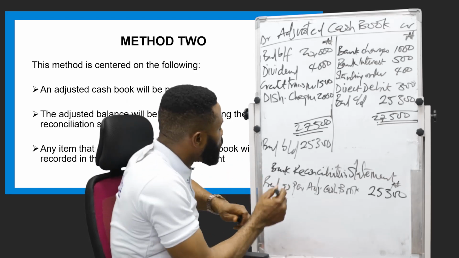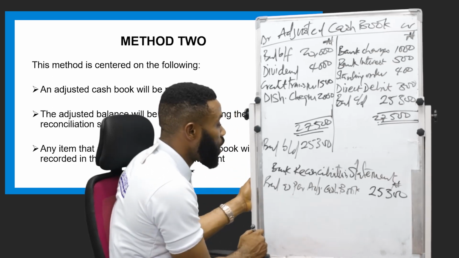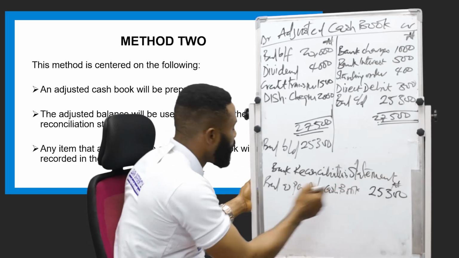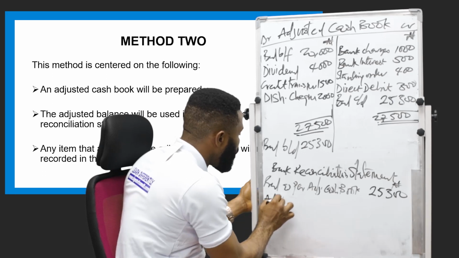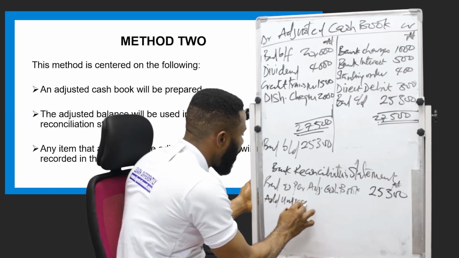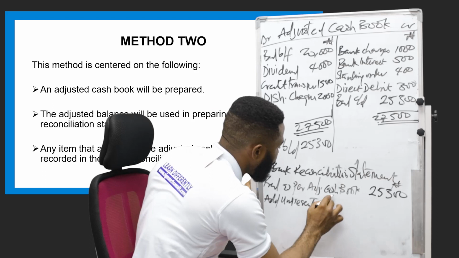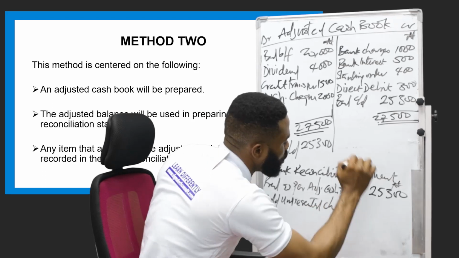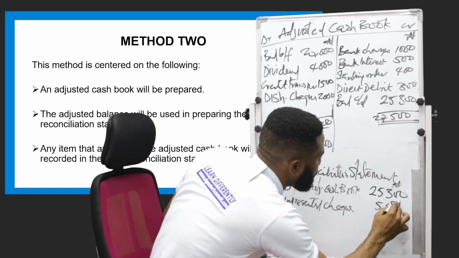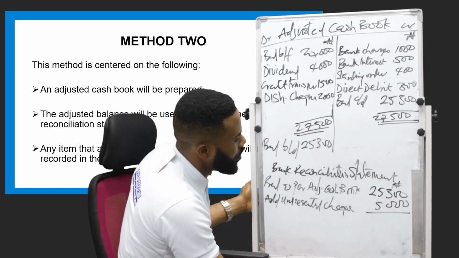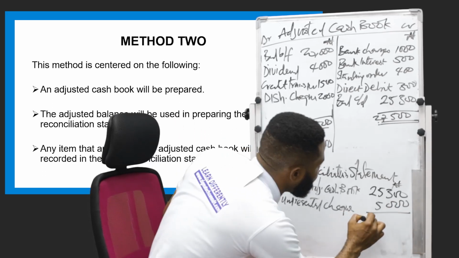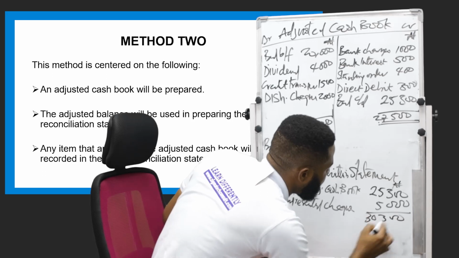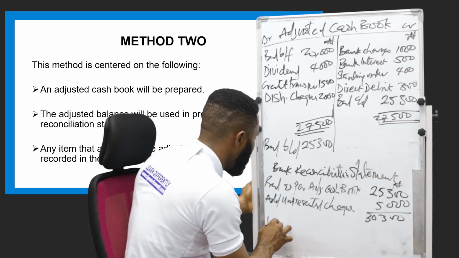The next thing to do is your unpresented check. At this point, you can now add your unpresented check. Let's assume it's 5,000. Add it. What you are going to get is what? 30,300. And then you less